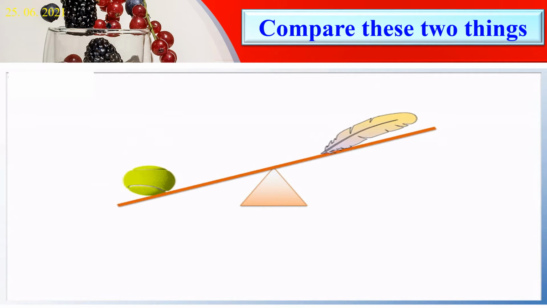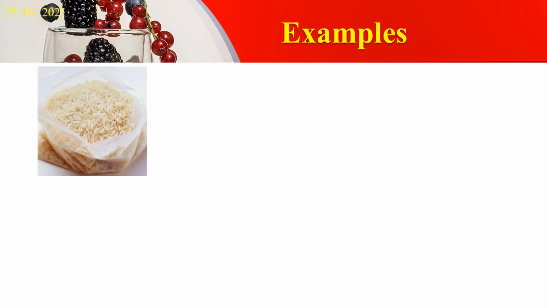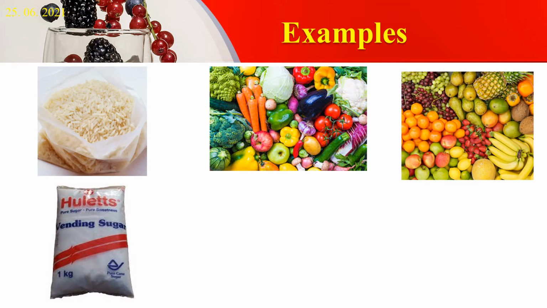Okay, let us see some other things which we frequently purchase for our house. Let us see some examples. Students, we may purchase things in the grocery according to our need and differ in weight. For example, we may purchase rice in kgs, likewise vegetables and fruits in kgs, but sugar we may purchase in grams as well as in kgs according to our need.